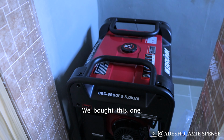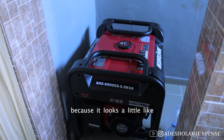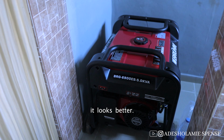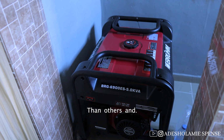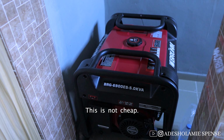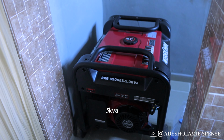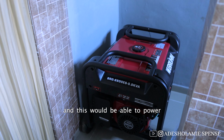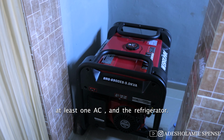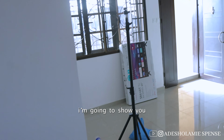We bought this one when I was going. I didn't have any particular brand in mind, but we bought this one because it looks better than others, and this is not cheap, guys. This is not cheap. Okay, so I got this one from 5 kVA, and this will be able to power at least one AC and the refrigerator. So lastly, I'm going to show you